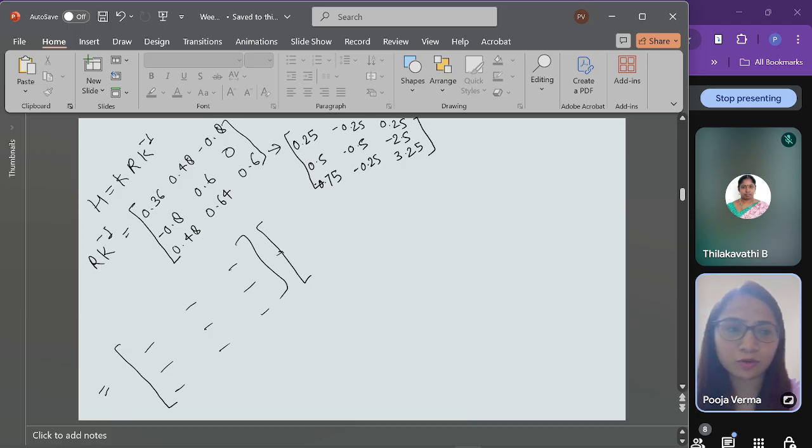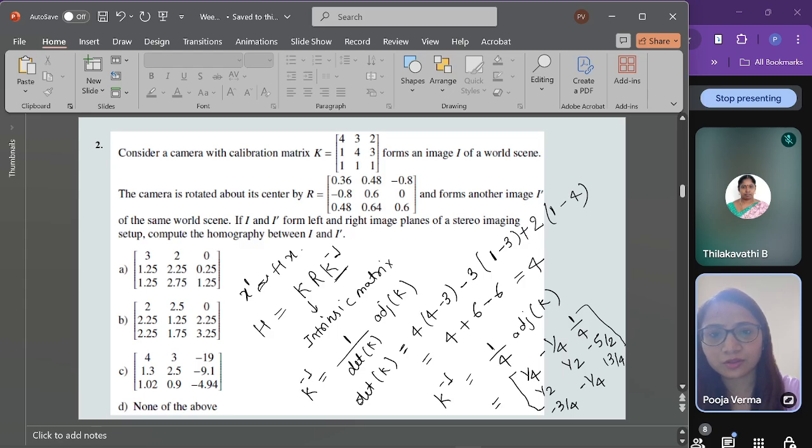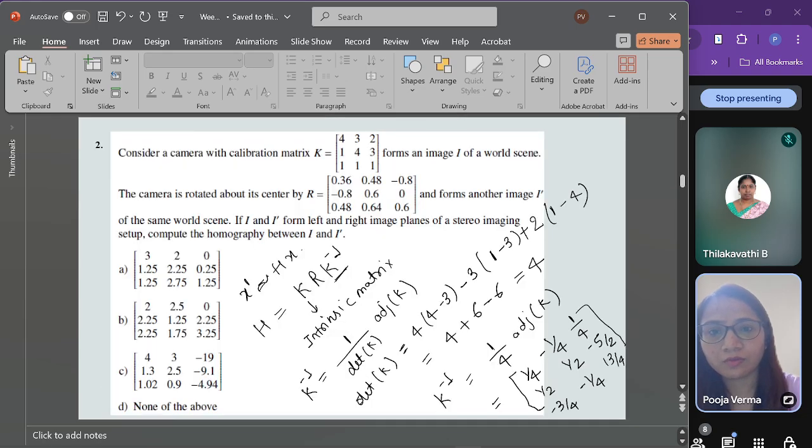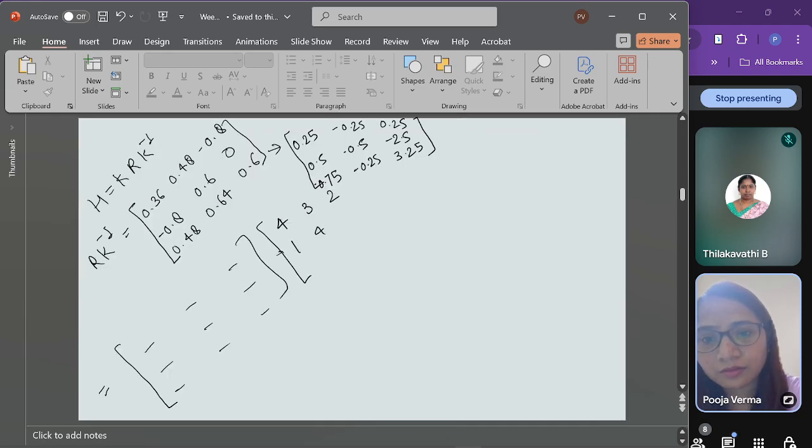I have calculated directly in the calculator, so I got the direct value. I'm writing the K matrix which is already given: 4, 3, 2, 1, 4, 3 and 1, 1, 1. If you further multiply these two matrices,